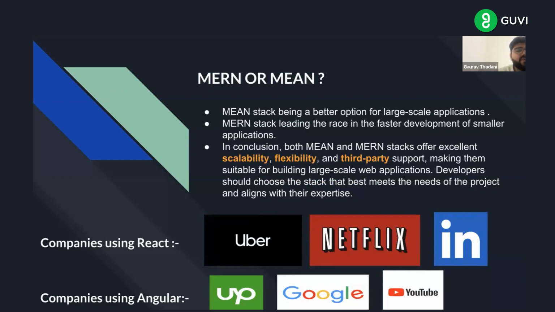It has much more rigidity. The word is rigidity, that's fine. Much more rigidity, and React